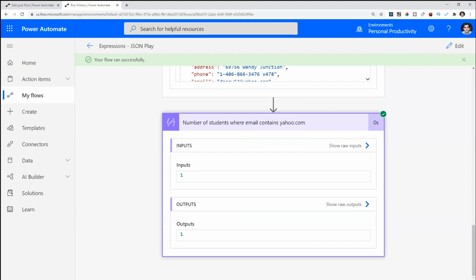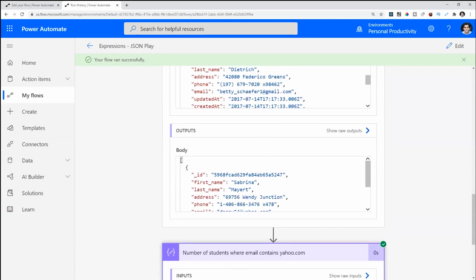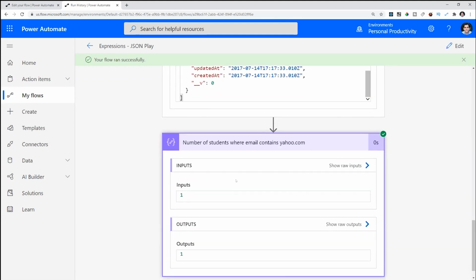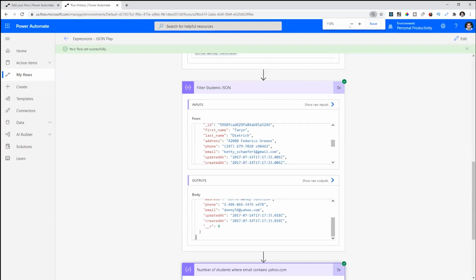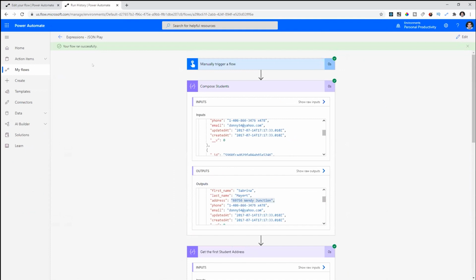Beautiful. Very simple, very straightforward, very basic example of parsing through JSON. These are very common scenarios that you're going to run into. You will filter your objects. You will want to count how many items are in your object, or based on a filter criteria, you would like to count how many items are in your arrays. This makes a lot of sense. I have teachers asking me right now, I'm trying to help them, and they're asking how they can send weekly reports for their grade book. This is a way that you could do that.